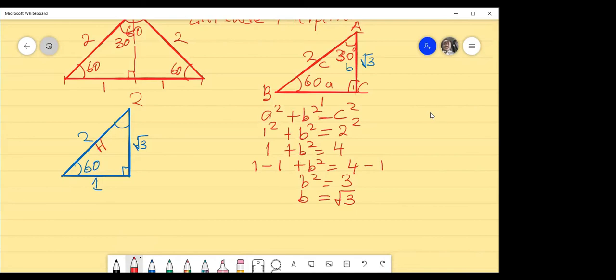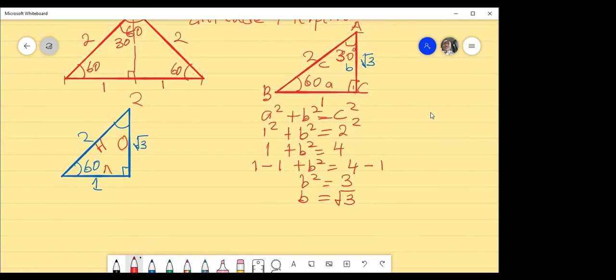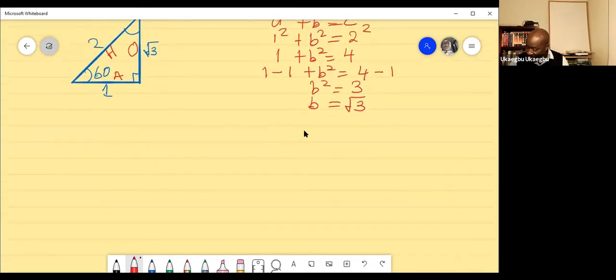Square root of 3. Yes, thank you. That's correct. And then how about the adjacent? Of course, the other side. 1. Yeah, adjacent is 1. So now we are going to do exactly what we did previously, which was we are going to find